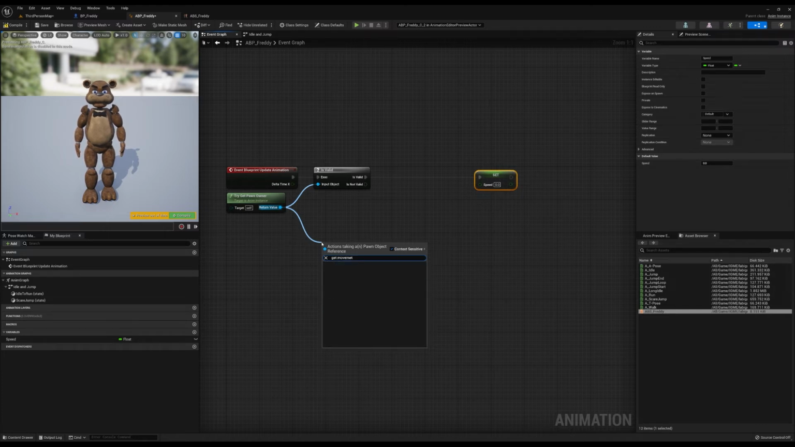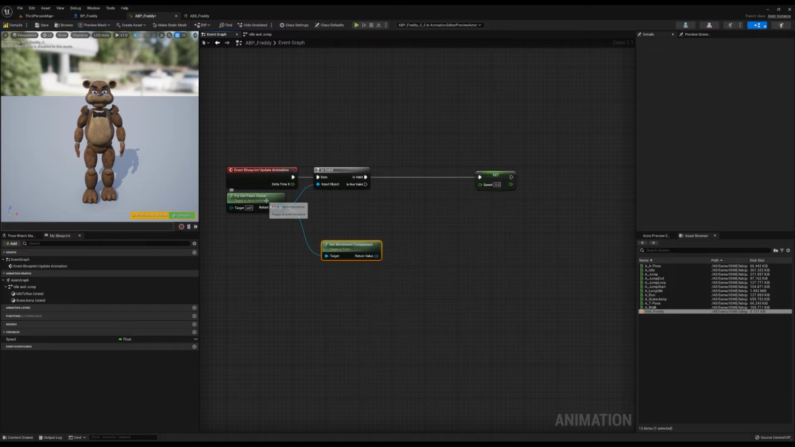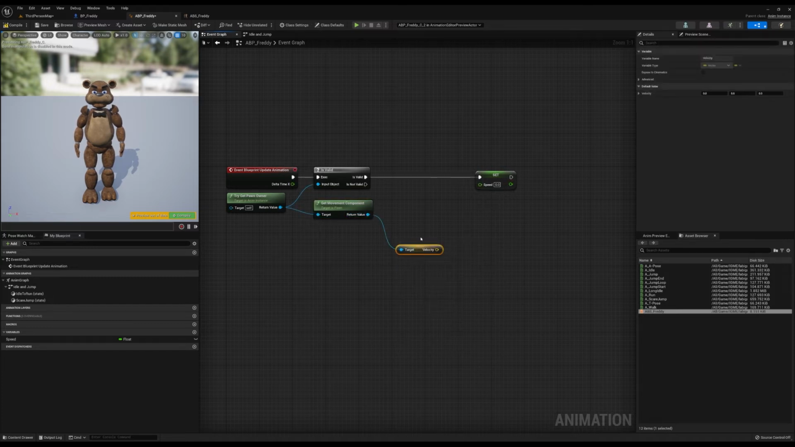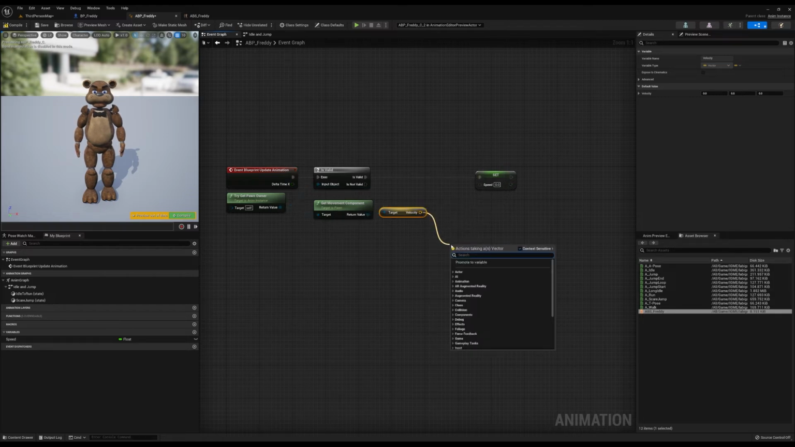So get movement component. This movement component from the pawn owner is going to have all of the information that you need. The one that I care about right now is going to be velocity. So get velocity. This get velocity is the direction this guy is moving. So I'm going to drag this pin out and I'm going to be saying the